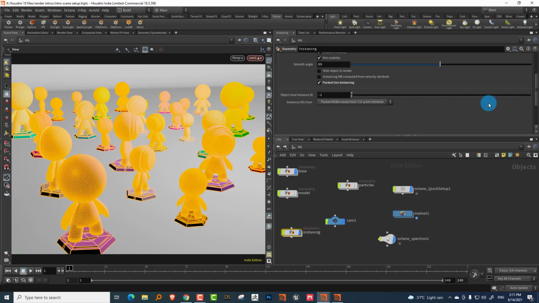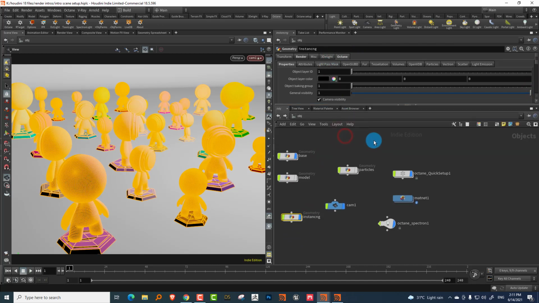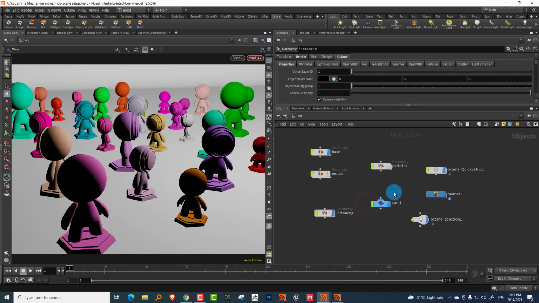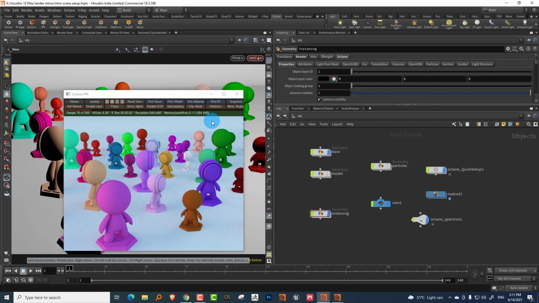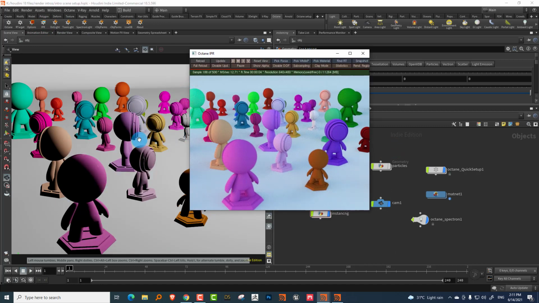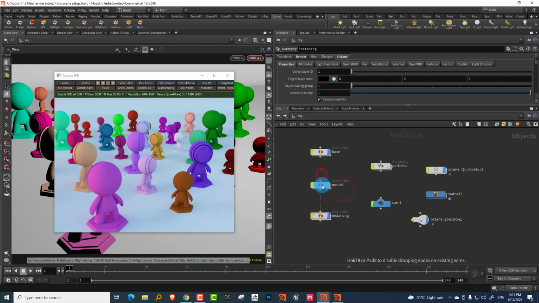Now it might cause me issues because there's a 3D Elite tab over here, and 3D Elite is not currently installed on this. It was, but I removed it. So it might cause some conflicts, but let me hit IPR. Yeah, there you go, just close that. But there you go, see, so now it works. Okay, so you can't directly pick up instance attributes, but this works. They've improved it a fair bit, Octane has improved a fair bit.